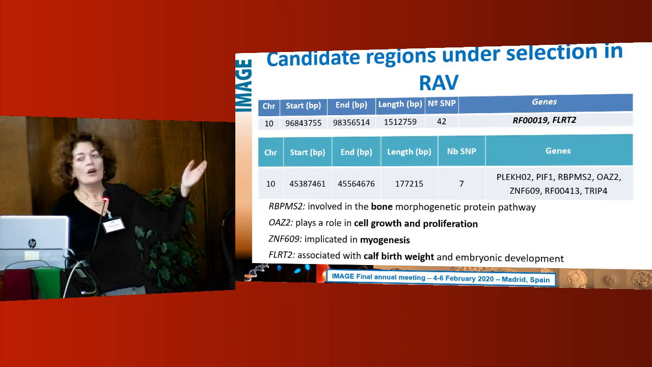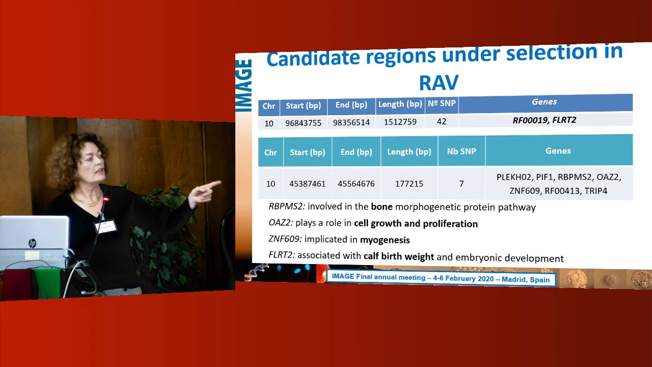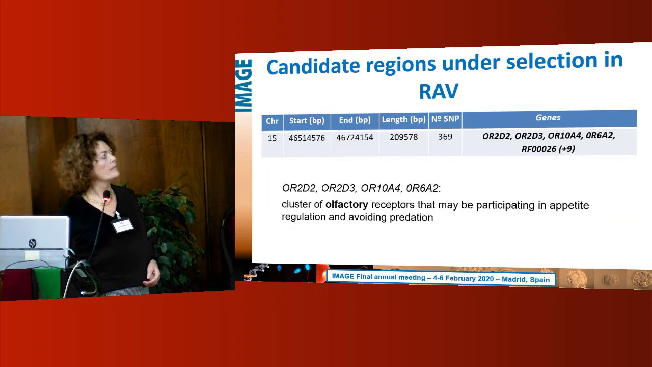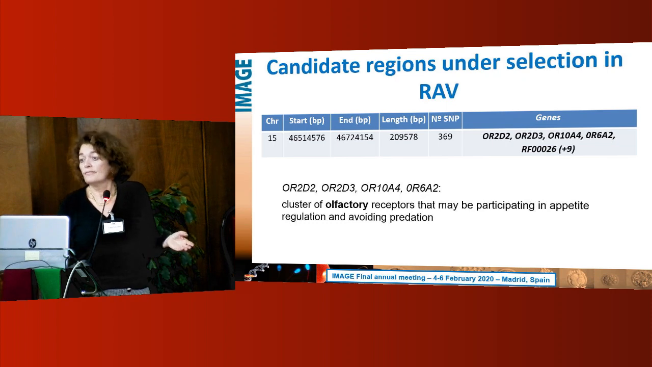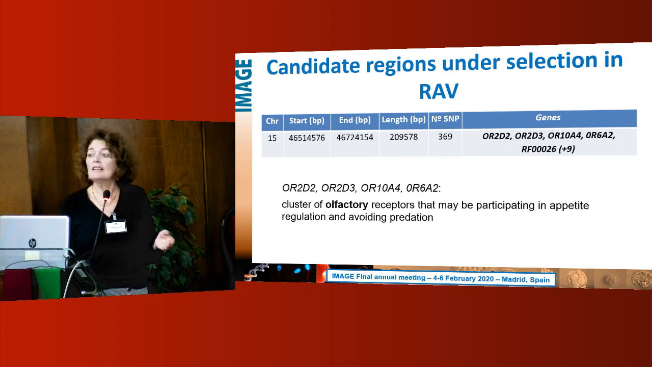So we have these different genes which are included in morphology, in bone morphogenetic protein pathways, cell growth, proliferation, etc. And finally, in the chromosome 15, we have a group of olfactory receptors, which is quite funny to find, and we can perhaps link them to